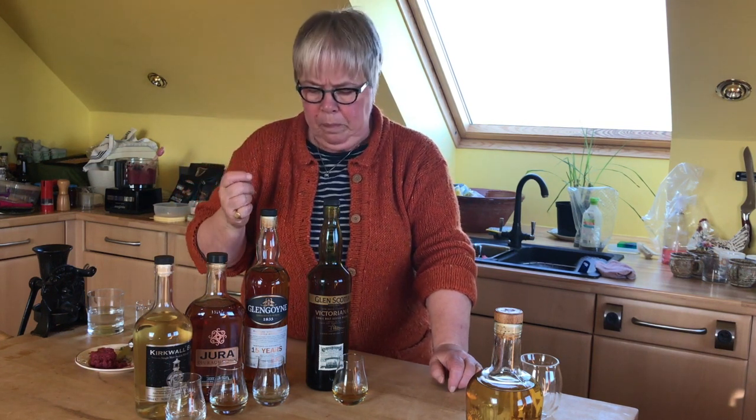Because it's dry sweet, you might think about it as something to have with sweeter foods. But actually, when you taste an Oloroso sherry with salami or manchego or almonds, it's wonderful. Now for me, the Glen Scotia Victoriana was actually a better whiskey food match with my beetroot hummus than it was with my summer fruits with ginger. So it might be really different for you, dear viewer, but you've just got to try it